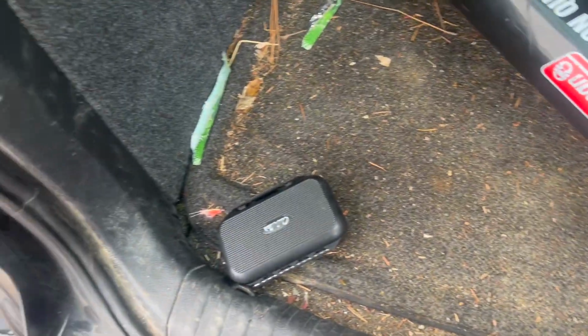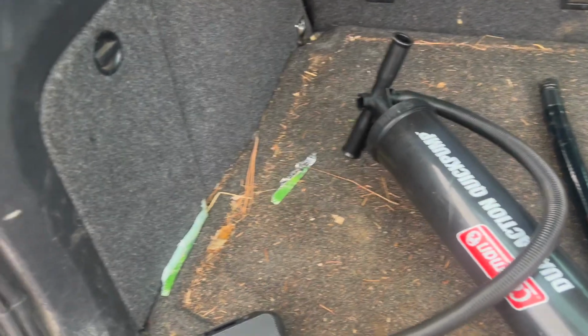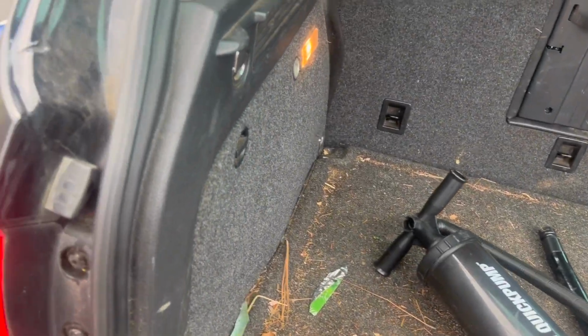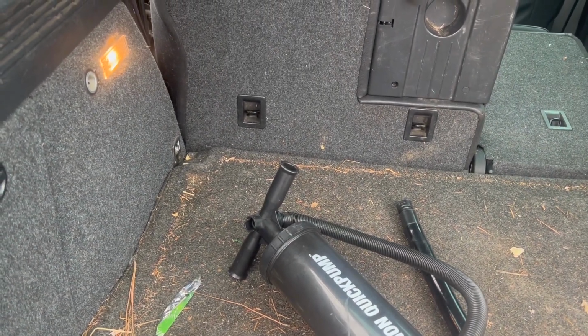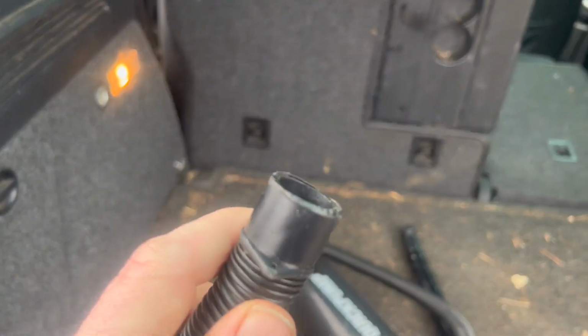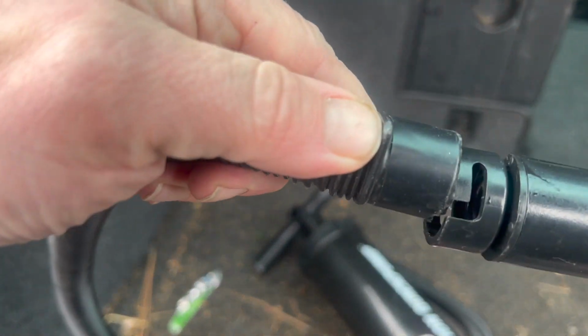All right, so in true fashion, we forgot two things. One was our net, which isn't the biggest deal in the world. So I have an electric pump that pumps up my pontoons, but it doesn't have the juice really to get them to the right PSI. So there's an attachment that usually goes on this that isn't on there, and it would hook up to this, but